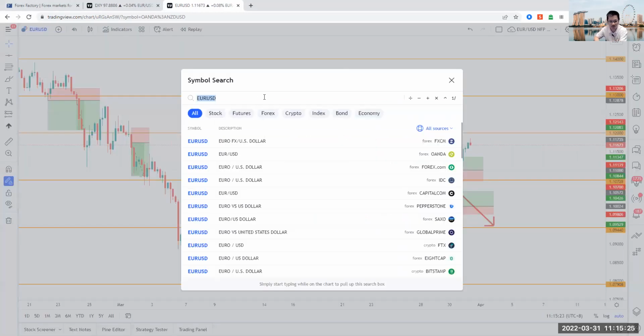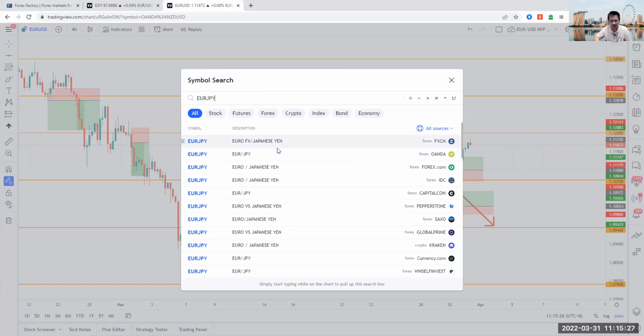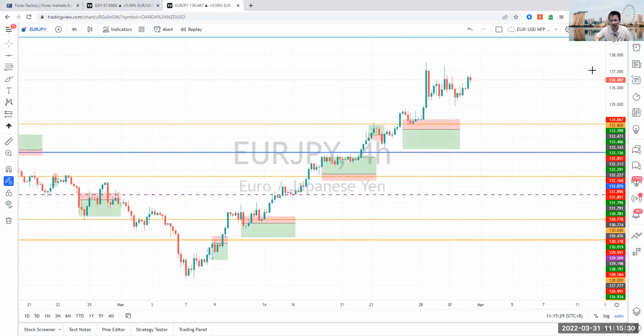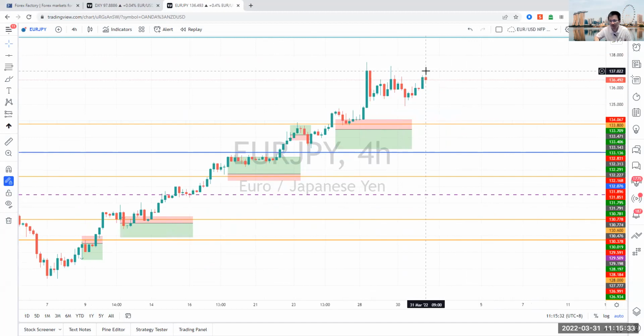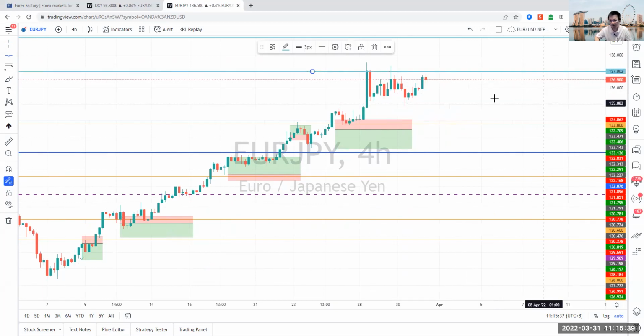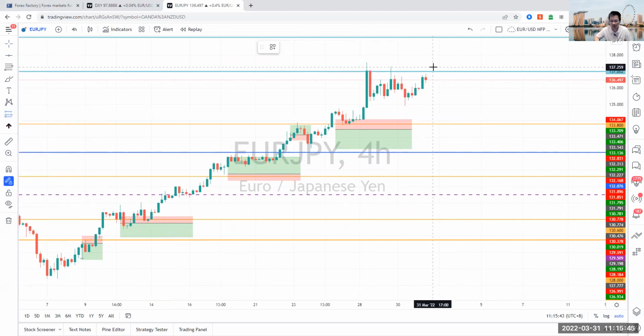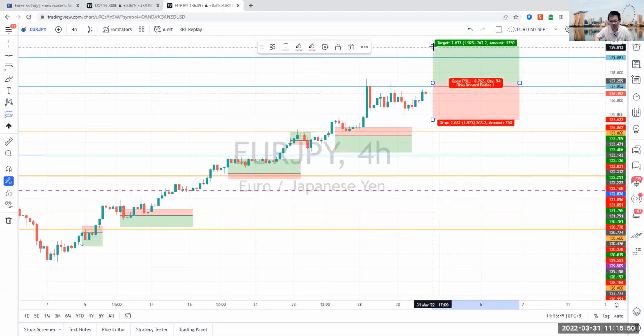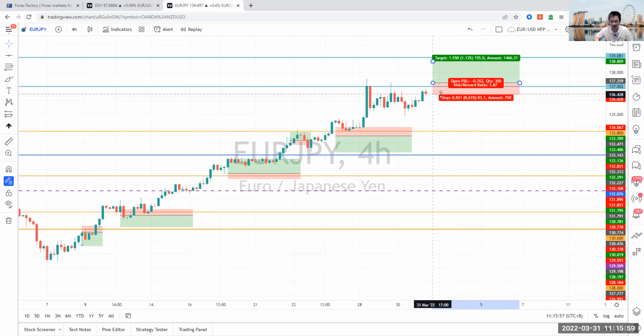So if it does move up, then trade idea for the euro yen again will be for it to break above that 137 level. Okay, I'll put in this line there so it's a bit easier to see. If it breaks above this 137 level, you would have an immediate trade idea to buy it up. Break above as in the candle has to close above. You would have about again another 155 pips towards the upside, towards the 139 resistance level. Your stop loss could be quite wide at about that 70 pip stop loss.